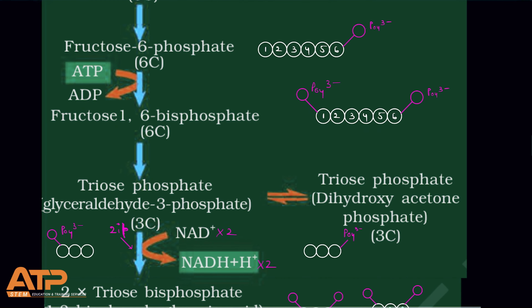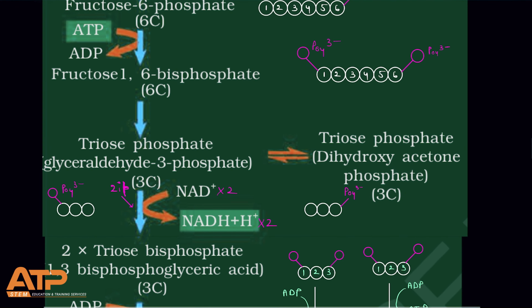After this reaction, which is very important, the fructose 1,6 bisphosphate will break into two molecules of triose phosphate. So we get glyceraldehyde 3-phosphate and dihydroxyacetone phosphate. As you can see from the arrows, these two are isomers of each other, with glyceraldehyde 3-phosphate being more stable, so ultimately dihydroxyacetone phosphate also changes into glyceraldehyde 3-phosphate,